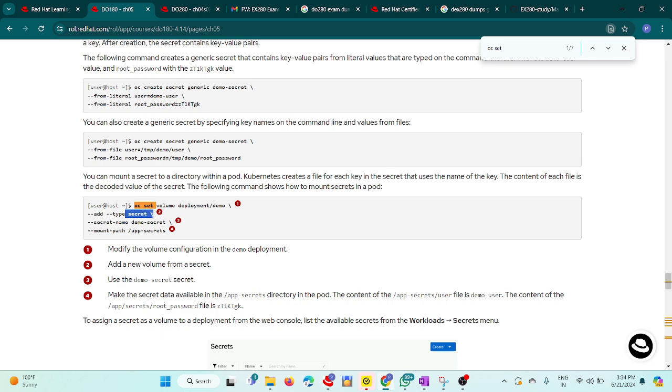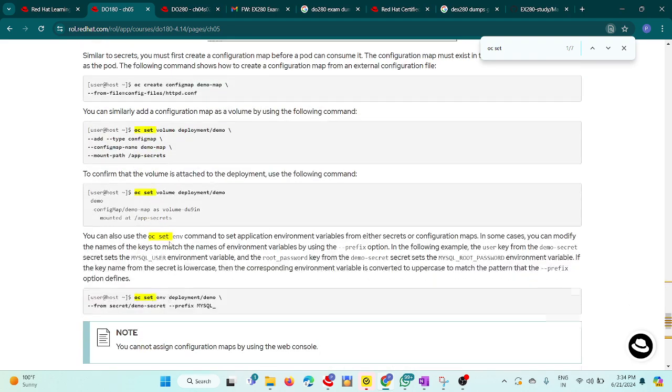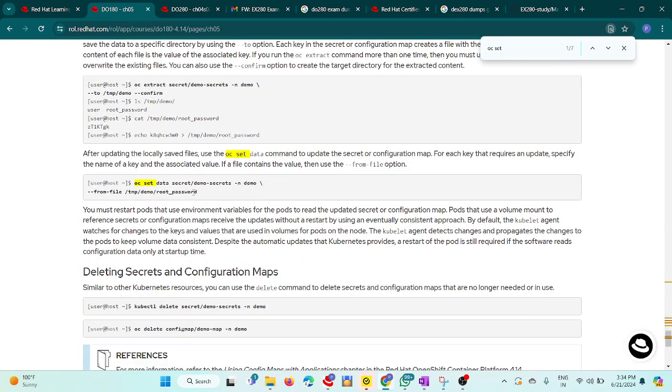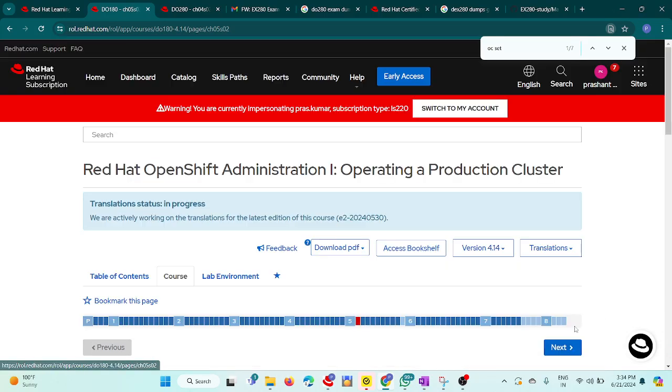Here, for type you need to give PVC. There is a command they have given. Yeah, this is config map. Type config map, but this is secret and